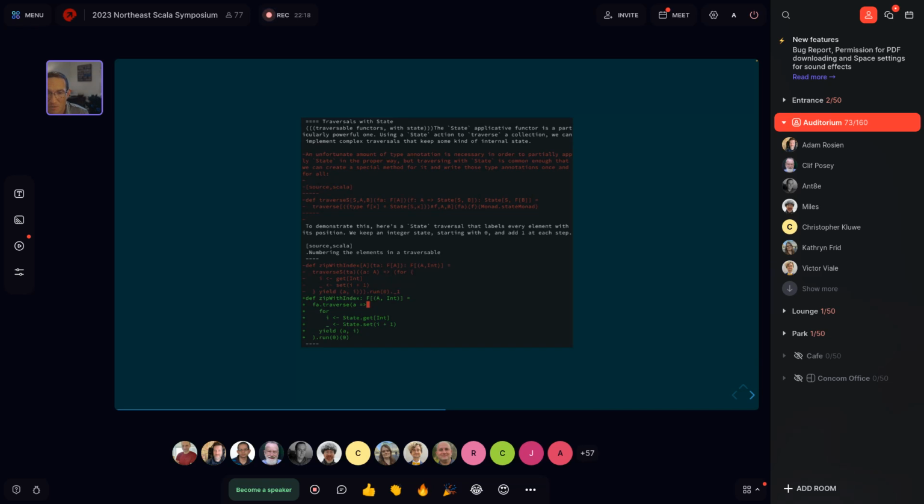And the really neat thing is with Scala 3, all of that just evaporates. Right? The type inference is better. The type system is better. The extension methods are better. Everything just slots in. So this is a diff from that part of the book where you can see the natural implementation just works.